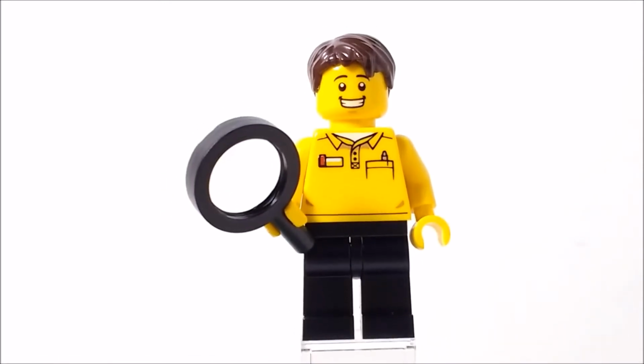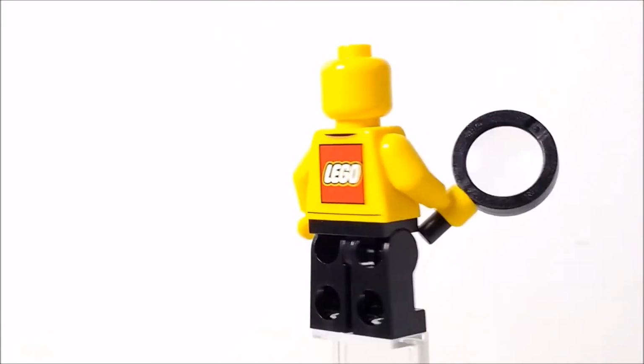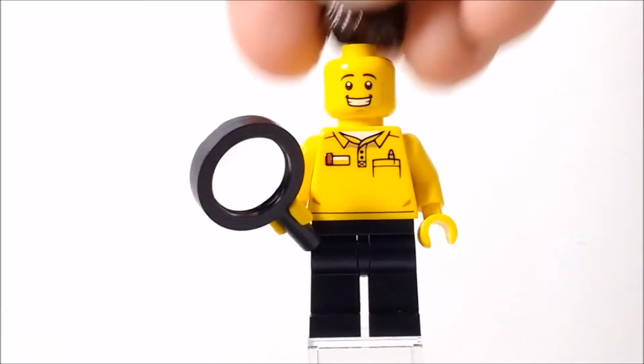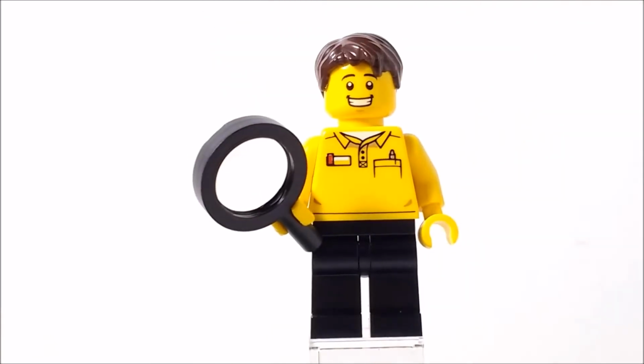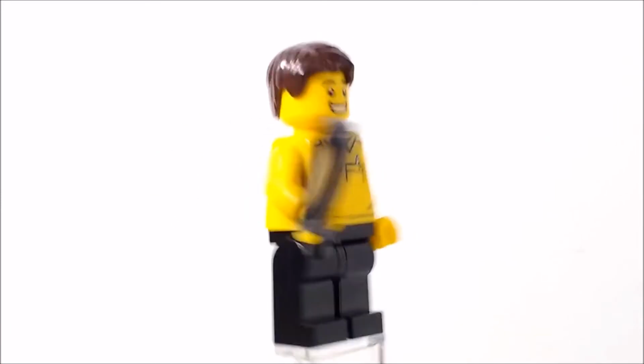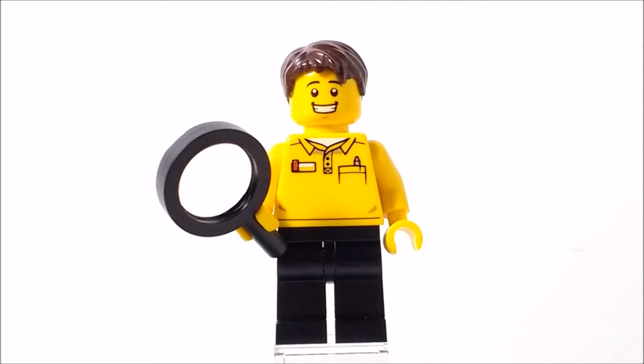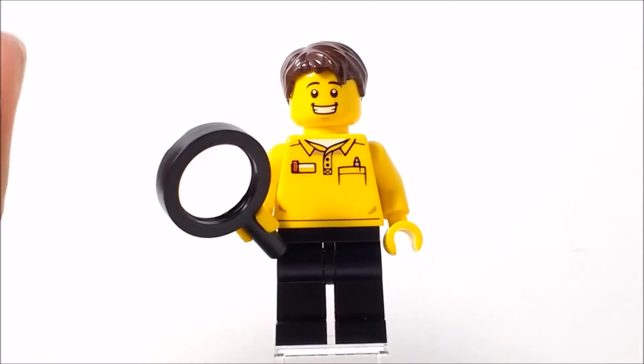The face, I'm not sure if the face is an exclusive print or not. I don't think it is, but he doesn't have any alternate face, so that's there. Hairpiece is, of course, not anything special. His pants are nothing special because there's not really any print, it's just regular black pants. And then he's also got a magnifying glass here, which is one of those that actually works, so I'm just